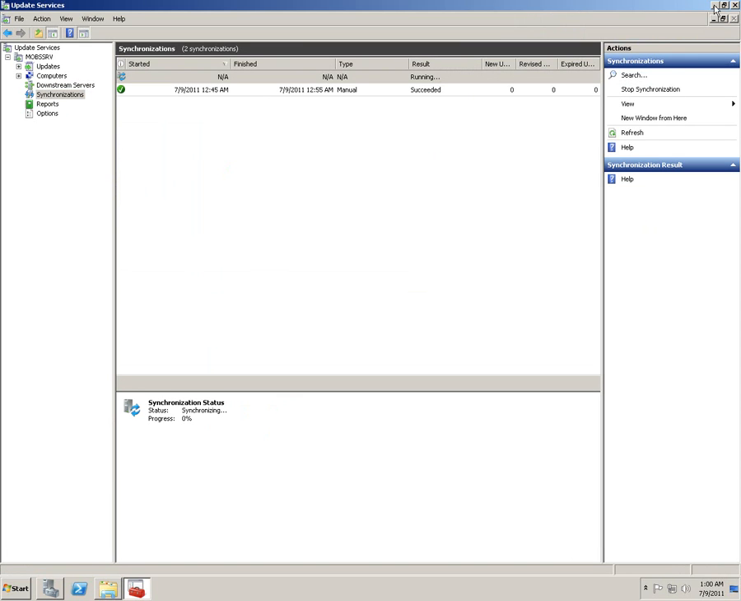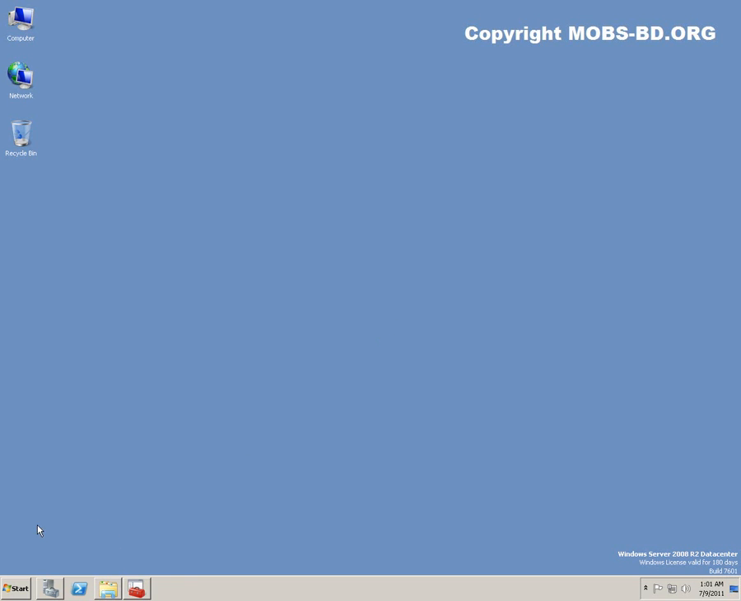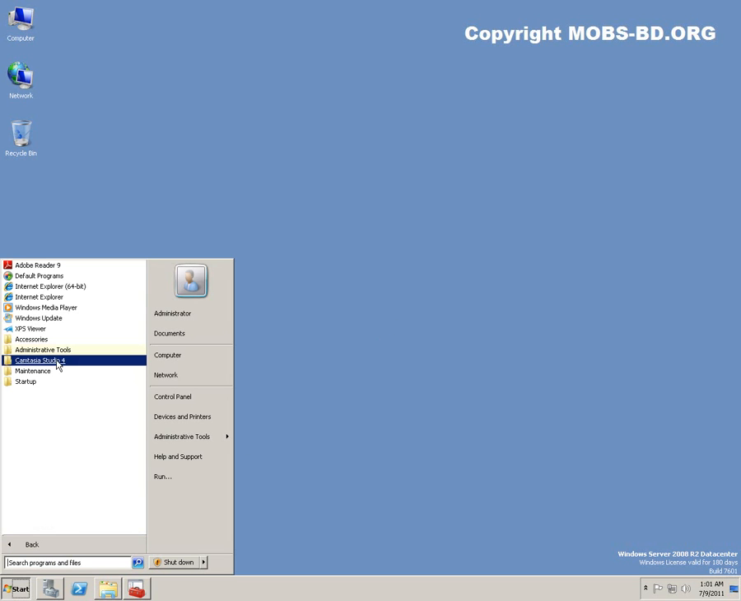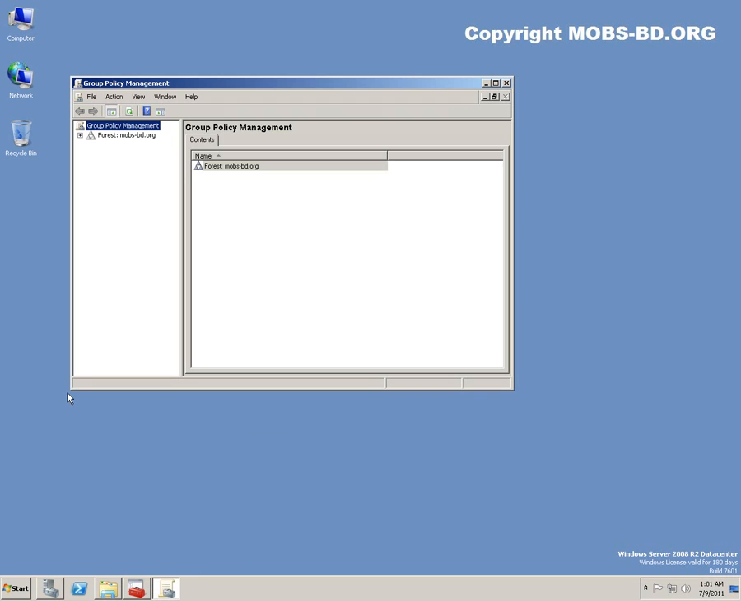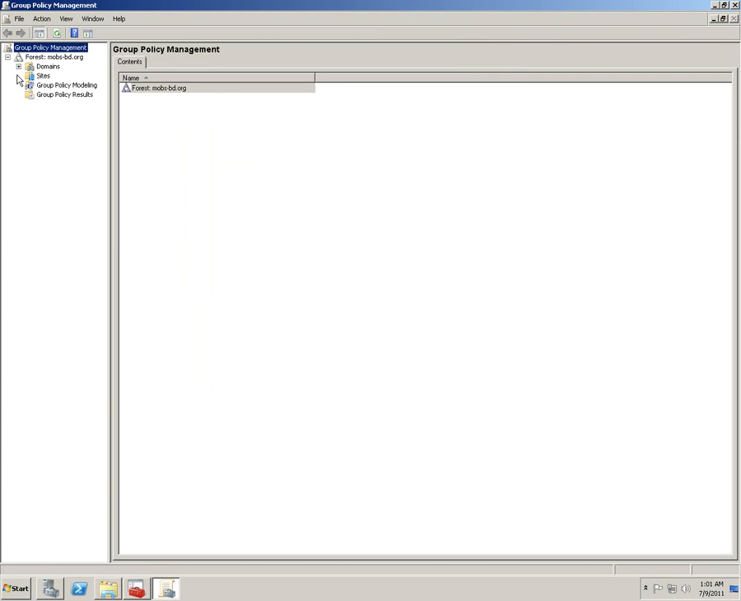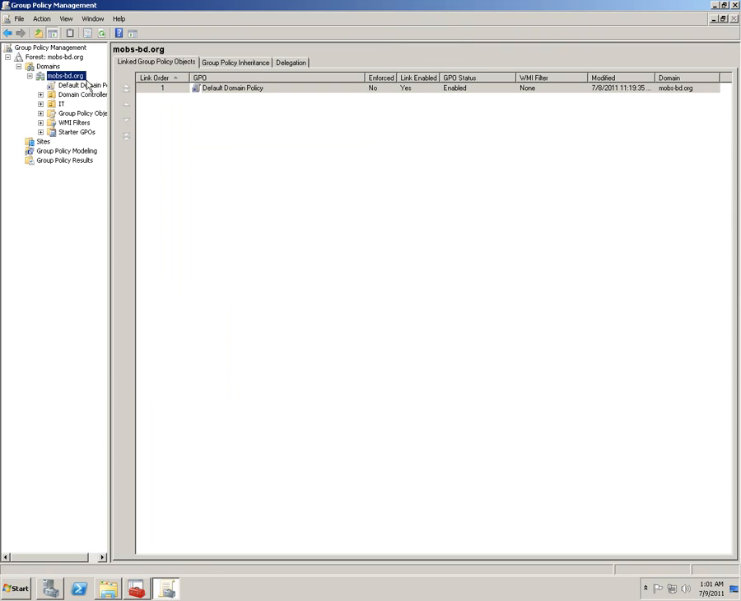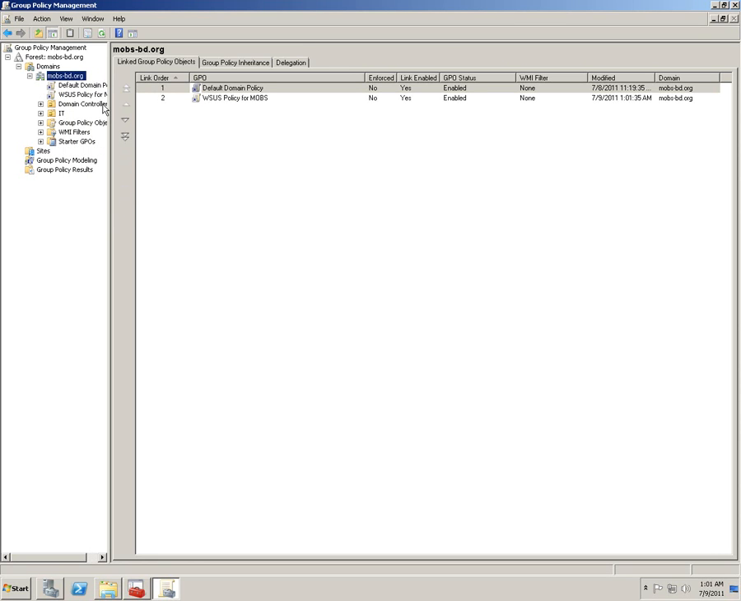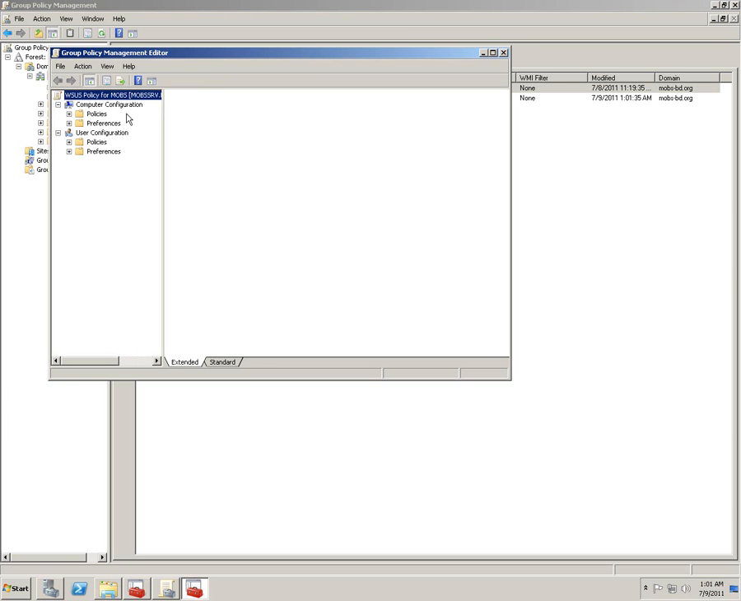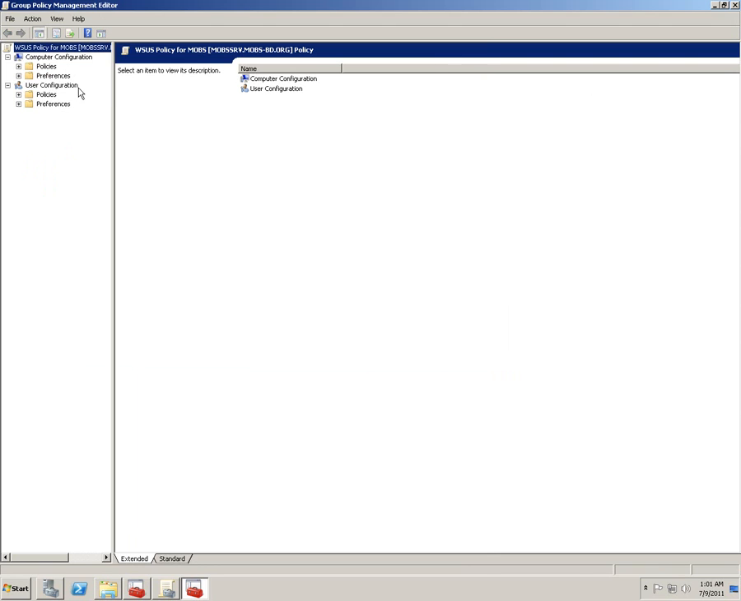Meanwhile, what we're going to do is go to the DC, and we're going to need to do some tweaking in the group policy. Here is my group policy. Let's create a GPO and link it here. WSUS policy for mobs. Click OK. Click on Edit. Let's go to